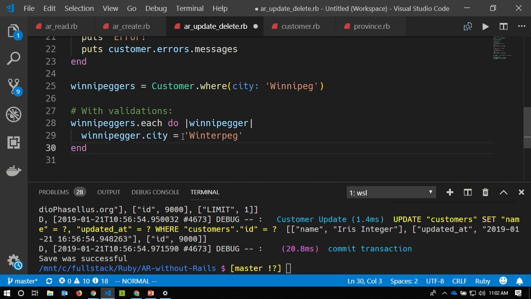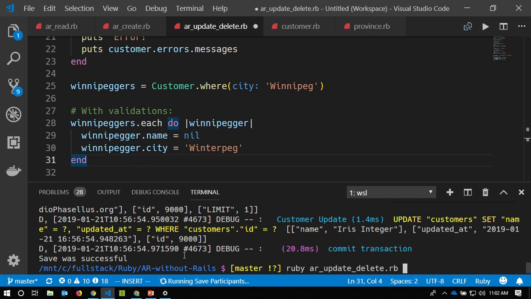That's going to fire off however many Winnipeggers we have in a database. I think there's 58 of them or something like that. That's going to fire off one update statement for every single one of those customers, and it will first try to perform the validation. So if, for example, we accidentally also nilled out all of those Winnipegger names, none of those updates would actually happen. The validation would catch that. So if I tried to run this,